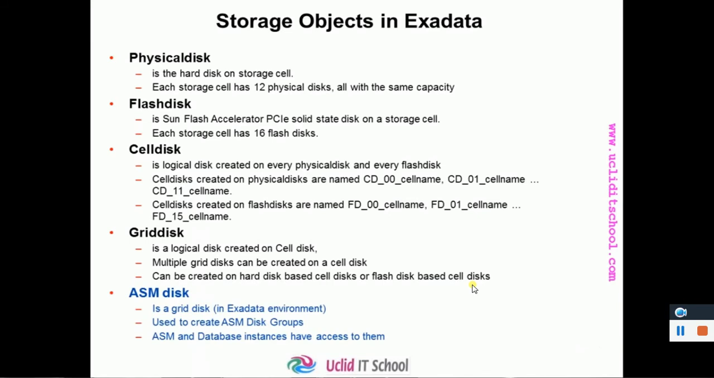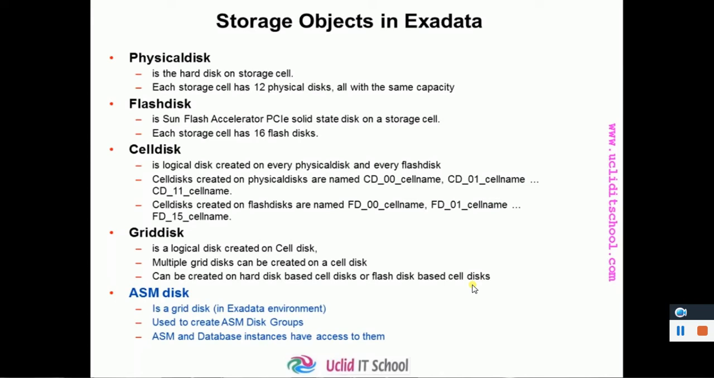Physical disk is the hard disk on the storage cell. Each storage server has 12 physical disks, all with the same capacity and same characteristics. From version 1 till version 7, which is X6, each storage server has exactly 12 physical disks. 12 is fixed. And the difference is version to version, Oracle may include